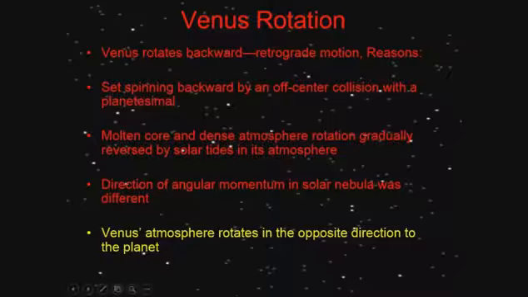But whatever caused Venus to rotate in the opposite direction to the Earth is somewhat problematic, because Venus's atmosphere is actually rotating in the opposite direction to the planet. In which case, I revised my idea a little bit. This could be a little bit true, but still, it's an open question. No one's really sure why this is the case, but we do have this observation that the planet rotates one direction and its atmosphere goes the opposite way.